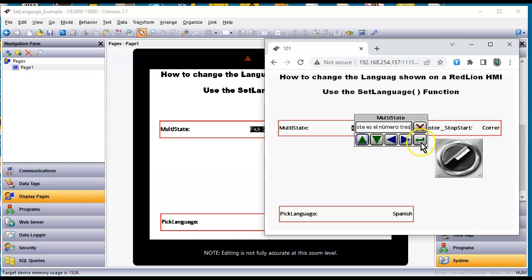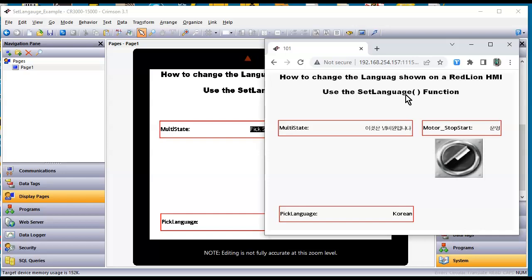Again, if I oscillate through, also trace, I see that there. Switch this. I probably should make that field bigger, but anyway. And what about Korean? Let's see, what do we have for Korean here? There we go. Apparently that's the representation for the Korean language, which I definitely do not know. But anyway, that's just a quick example of how you can use the SetLanguage function to change the language